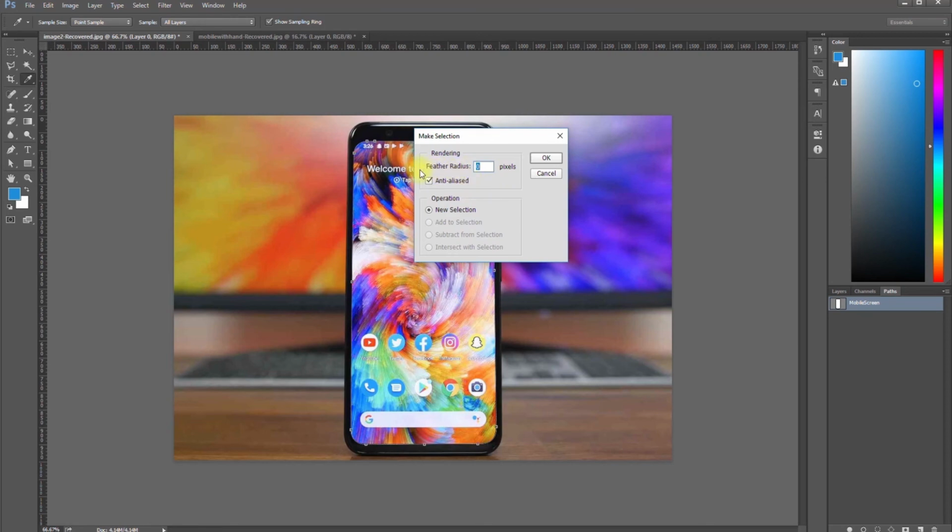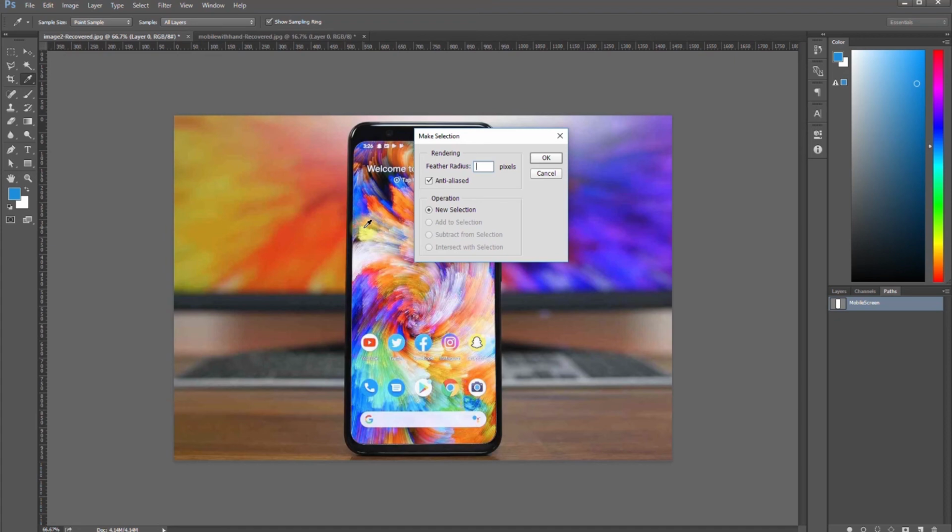You can also add feather radius. If the feather value is 0, it will create a sharp selection, and if I increase the value of feather radius 1, 2, 3, 4, the maximum value you can give to feather radius is 250. 250 is the highest value, but we can go till 1 and 2 as we have created a path, and most of the time we don't need to add feathers, but some of the images are complex and there are multiple colors, so we need to add feather into that.